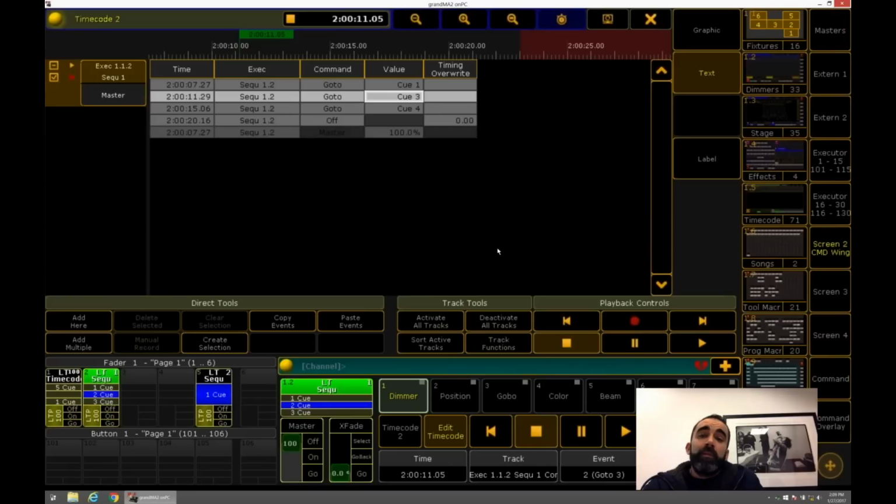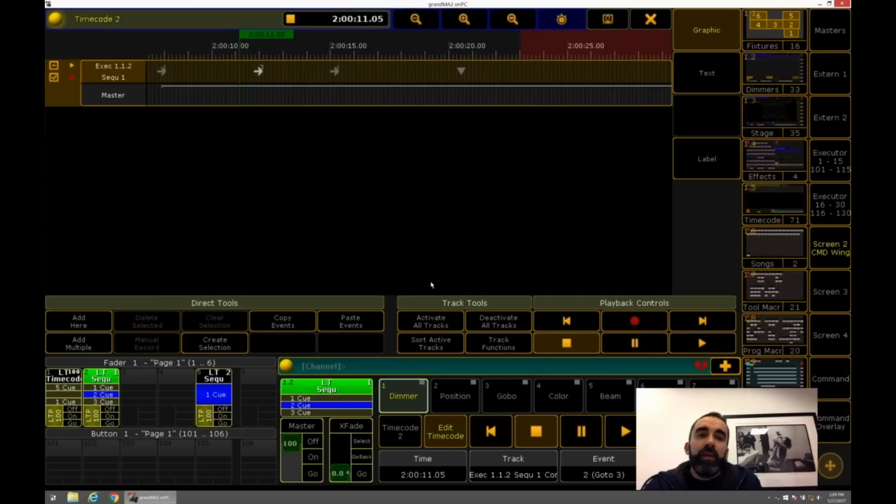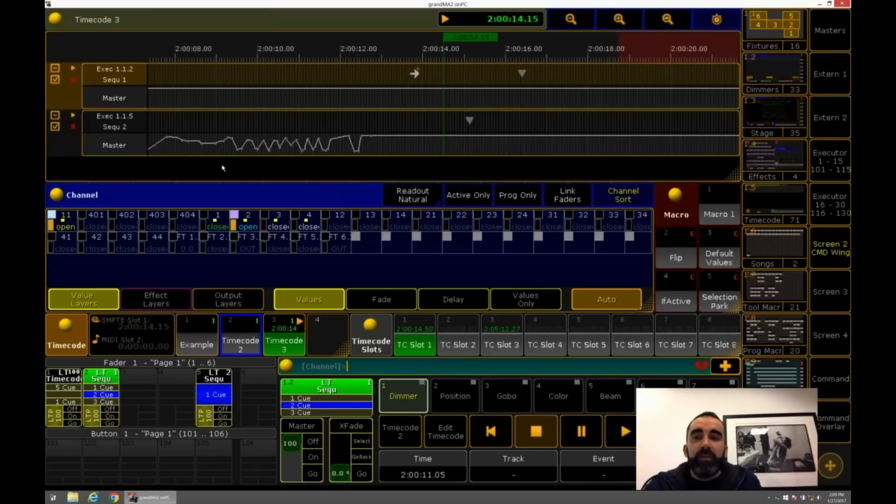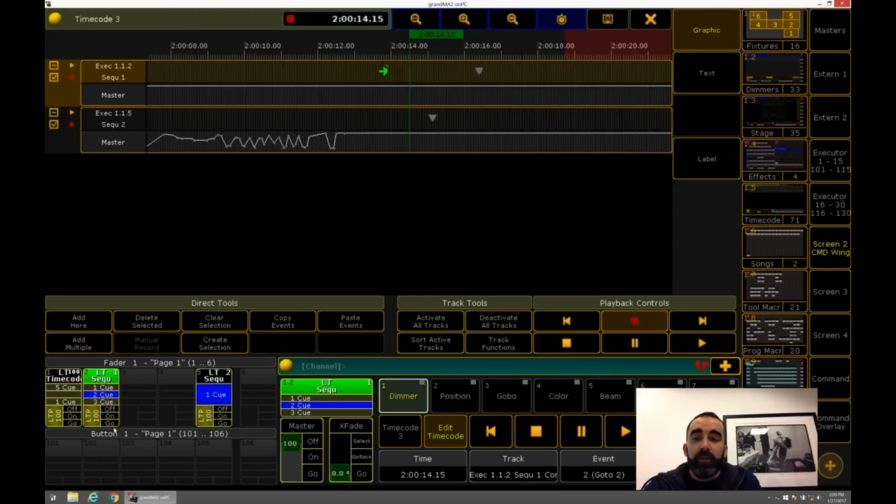I had another thing I was going to say about that. If you do have an executor that you want to manually run, but you don't want it in your timecode, you have to put it in there first. And I'll show you that. If we go back to this timecode editor, we'll go to record.